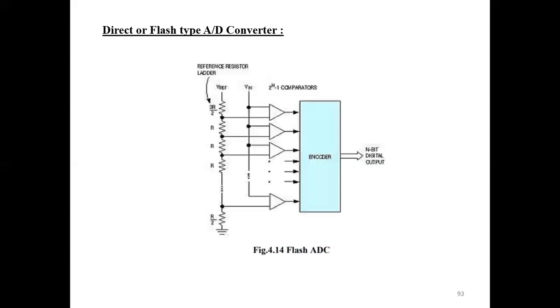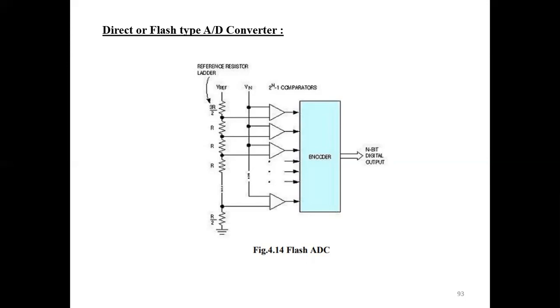So this is the model. By using reference resistors, we are creating the ladder. For example, for 5 volts, using resistors we are defining the different levels. We compare the Vin, the unknown voltage, to these voltages. When it is greater, the comparator output will be 1, and when less, the comparator output will be 0. These values are fed to the encoder, that is an 8 to 3 encoder, and the output will be the digital data. So that is the flash type A to D converter.